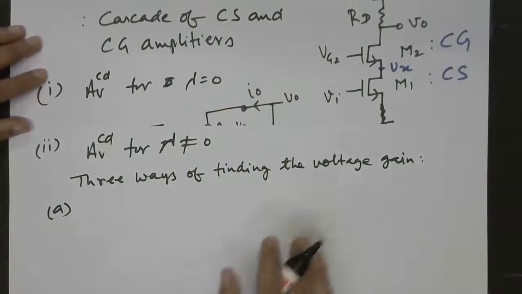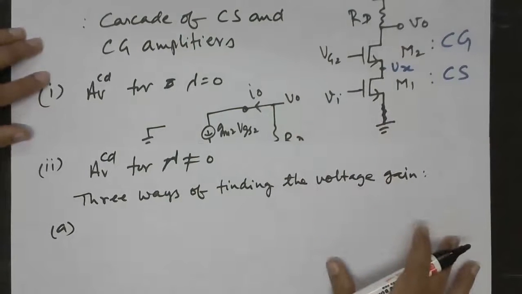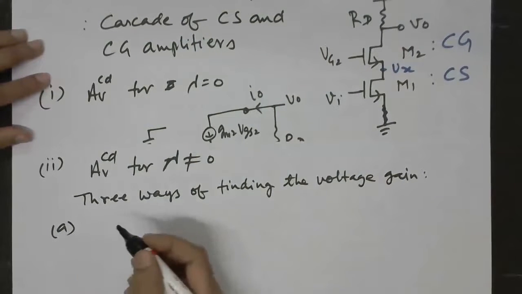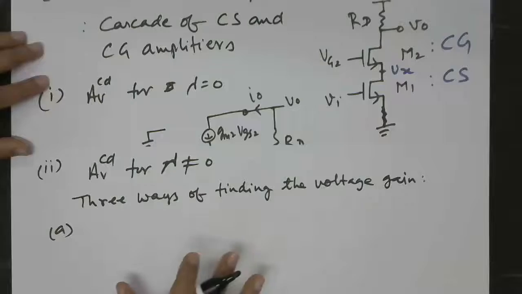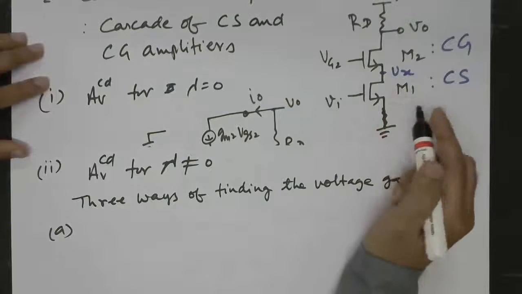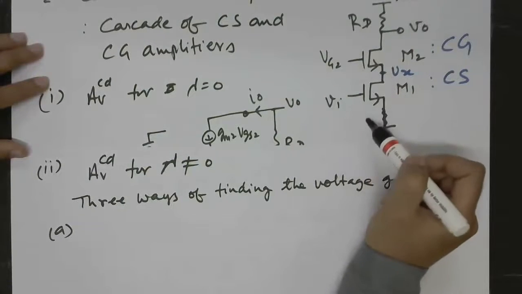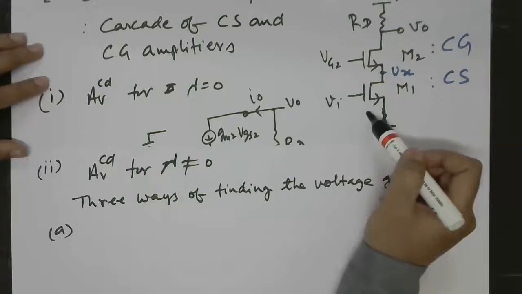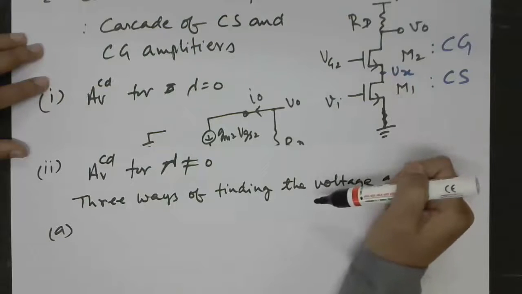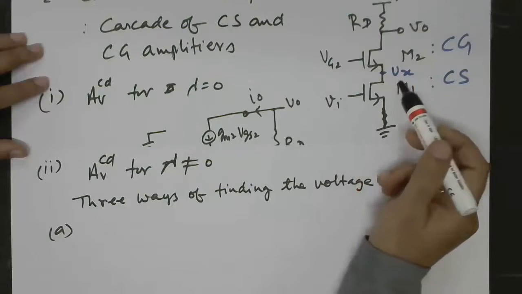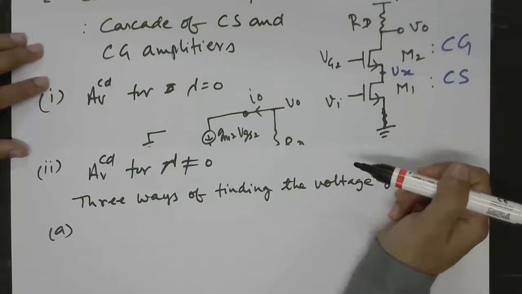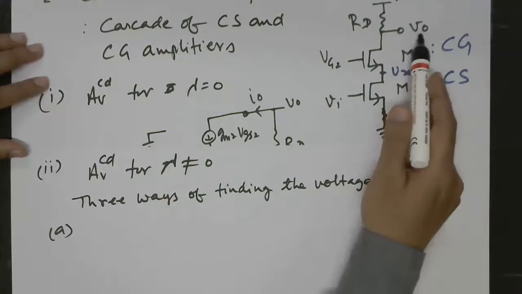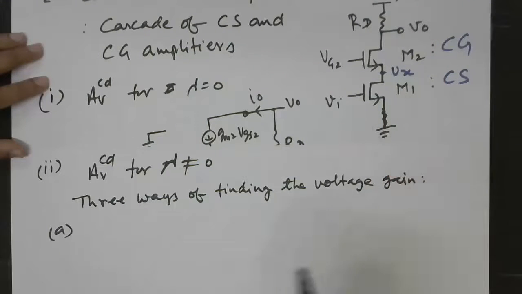So first is of course using the small signal model of the complete circuit, which we will call as the first principle, and this technique will always be valid given any circuit, however large it might be. One can always substitute the MOS by their suitable small signal model, and which will reduce the circuit to a linear network or circuit of resistors and dependent sources, and then one can apply KCL and KVL at suitable locations to find out the desired quantity, which is output voltage in this case.